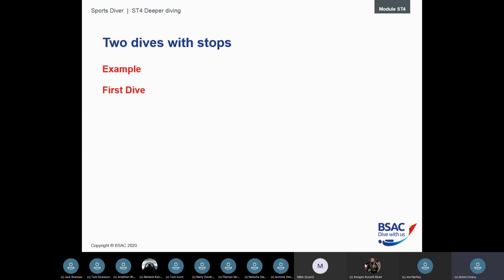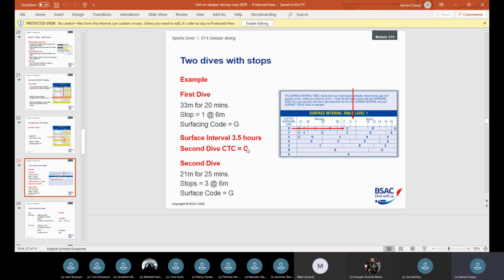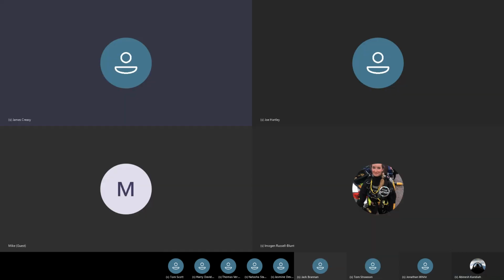So if we do 2 dives with stops, here is an example of dives with stops. There's 2 of them. So we go for our first dive for 20 minutes. I don't know if it's going to allow me to get my table up as well. It's not doing what I wanted to do. So it's saying 33 meters for 20 minutes. So if we go on to this,